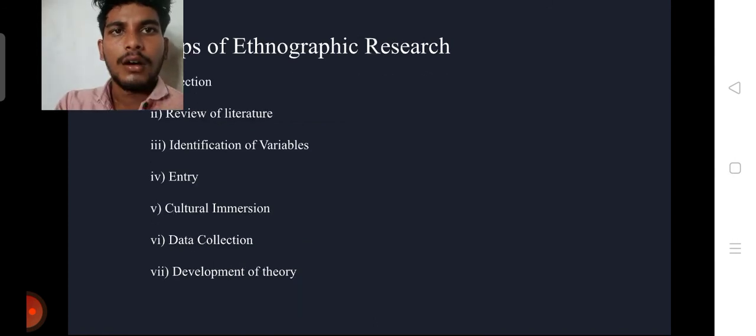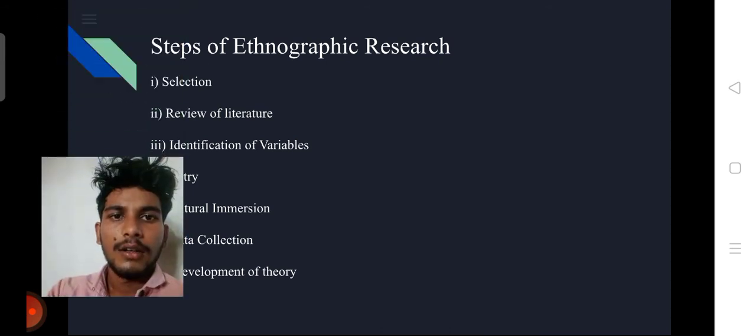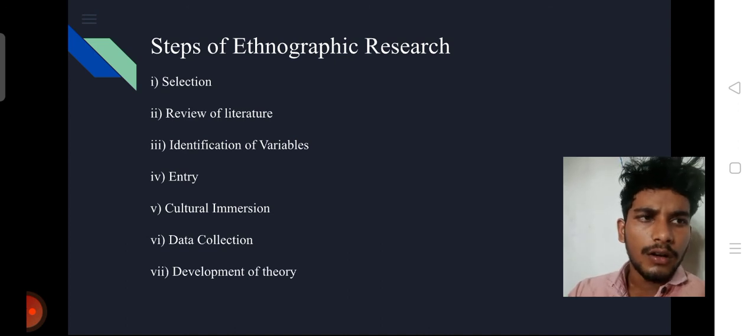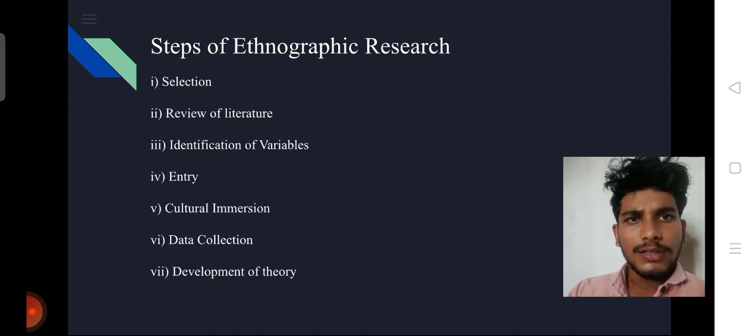Next one is steps of ethnography research. So the ethnographic research starts with selection of a particular culture which the researcher wants to study. And next, after selecting a particular culture, the researcher will study the literature and understand the cultural and historical perspectives of